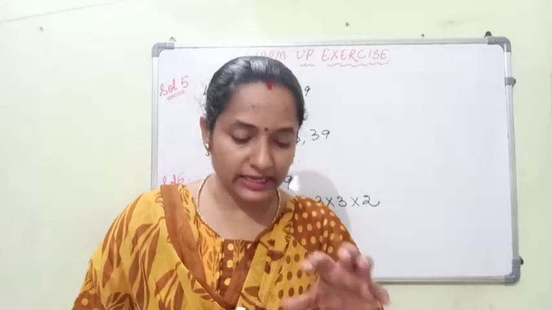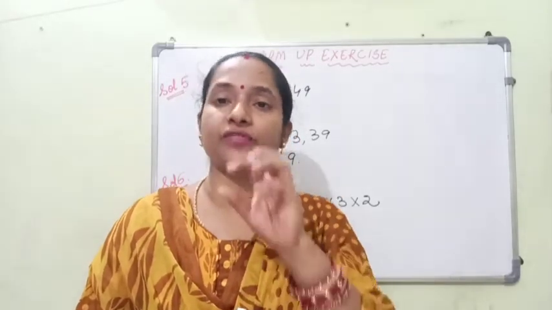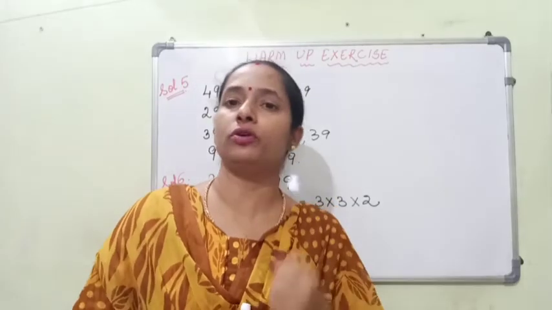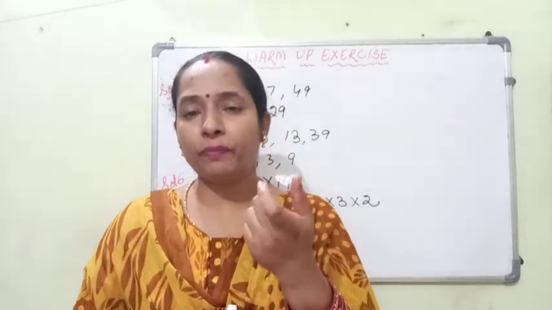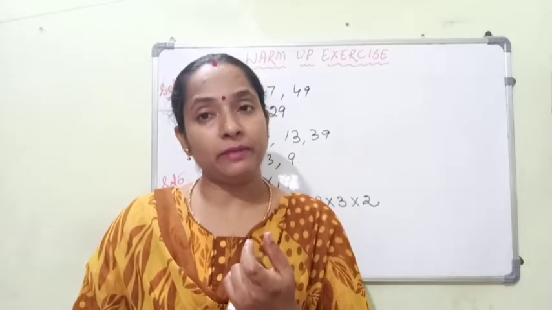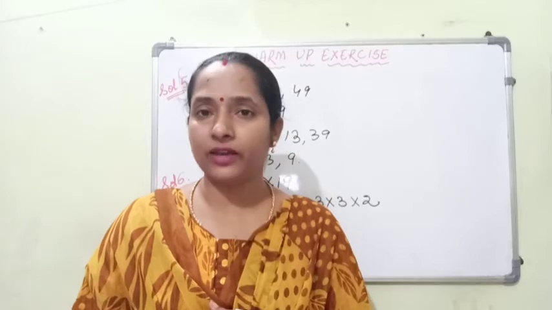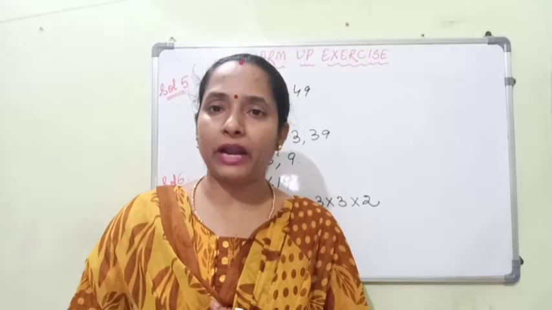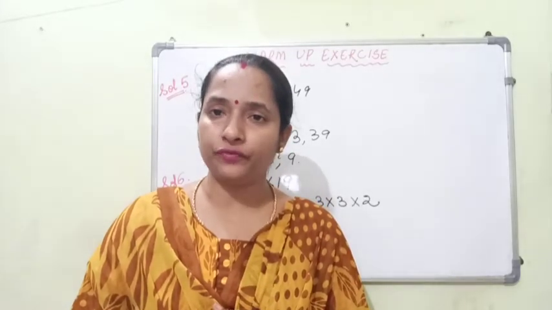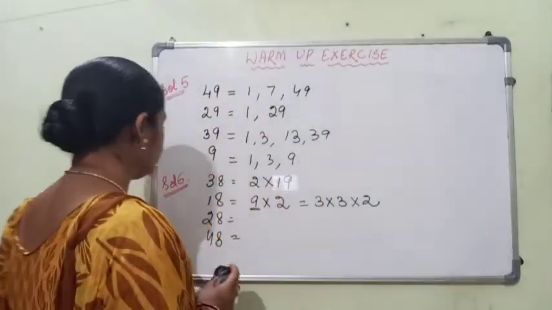So there are so many pairs of prime numbers whose difference is 2. Here there are a few numbers given inside the shapes. From these shapes you have to extract a few pairs of prime numbers whose difference is 2, and such pairs of numbers will be called twin prime numbers. So here you are asked to find out 3 pairs. So let's find out what they are.